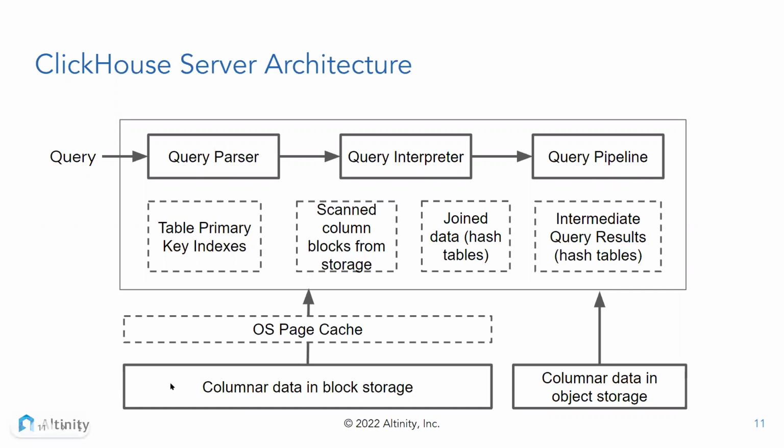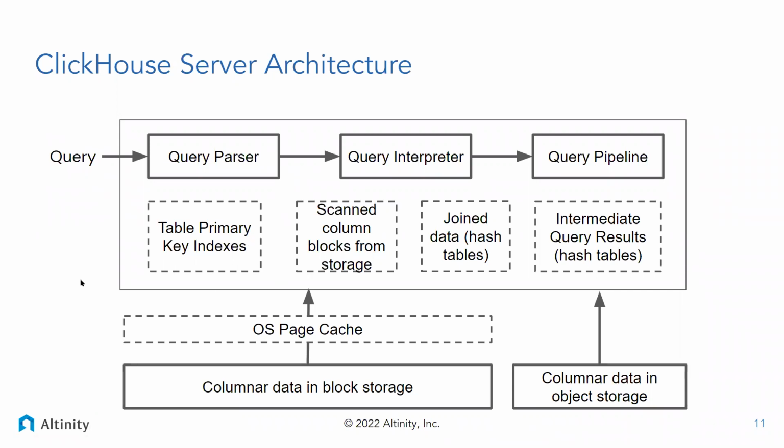ClickHouse can read data from a couple of different locations. It can use columnar data in block storage that could be either local, or in the case of the demo we have here, we're using elastic block storage on Amazon, which is accessed over SAN. And you can also read data out of object storage. Block storage goes through filters to the OS page cache. So once data are cached, if you've seen blocks before, that makes the IO faster.